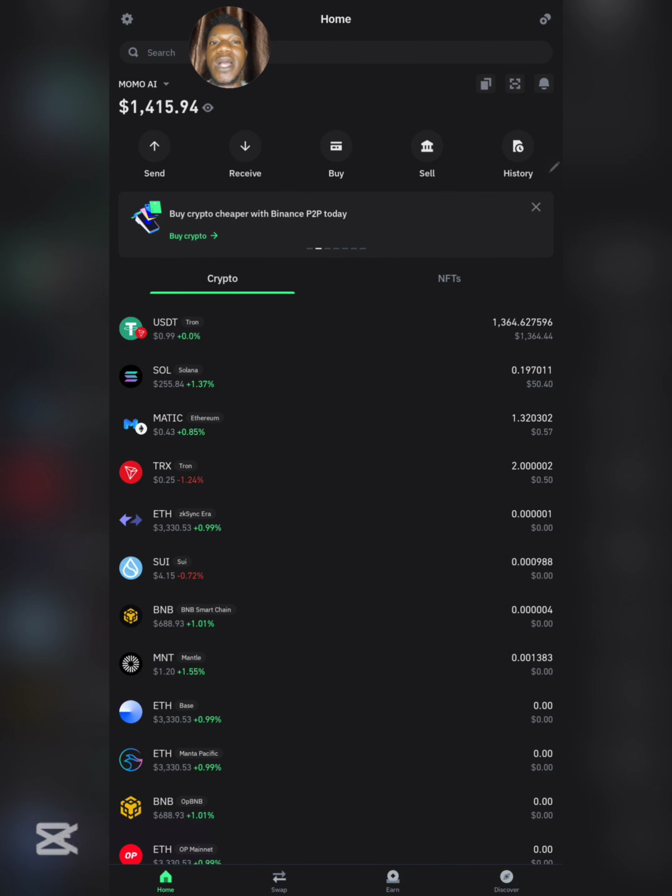So in today's video, guys, we are going to be talking about the LiqFinity airdrop. LiqFinity is just a lending protocol that allows you to lend and borrow cryptocurrency. Currently they are in their testnet phase. Right now, you stand a chance of participating on their testnet and getting the airdrop, which is coming very soon. It is totally free. It won't cost you anything.